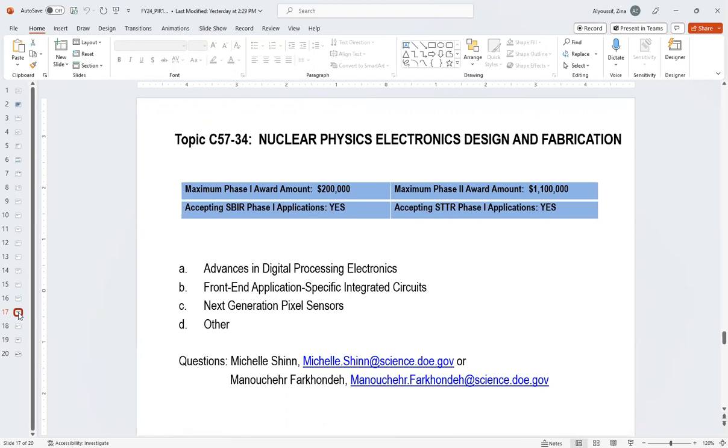We're asking for options to explore that would include interconnections to give you 2.5 and 3D architectures, initial signal processing right there on the chip, on the sensor, possibly superconducting, large area detectors, more segmentation, as I mentioned, and things like that. It's all in the subtopic, and then of course we have other.